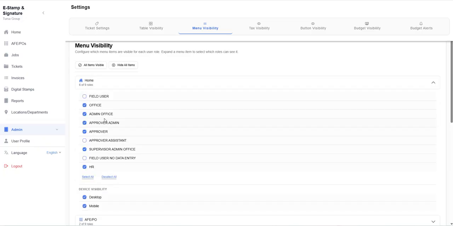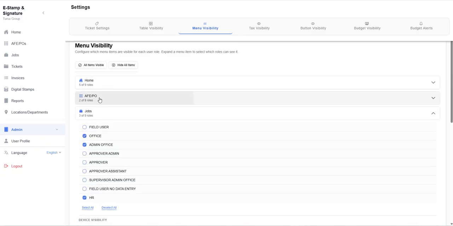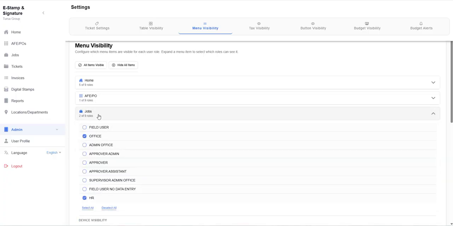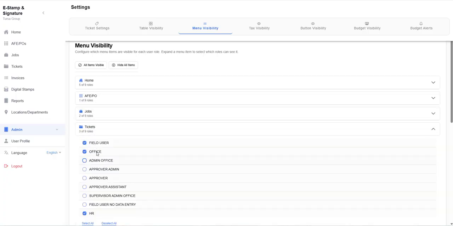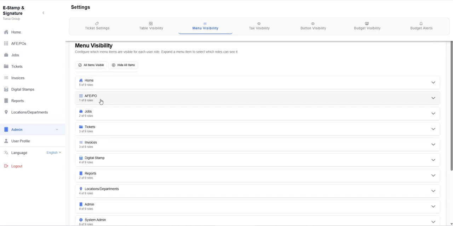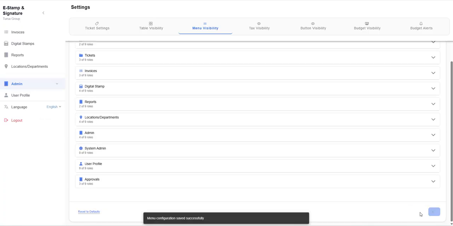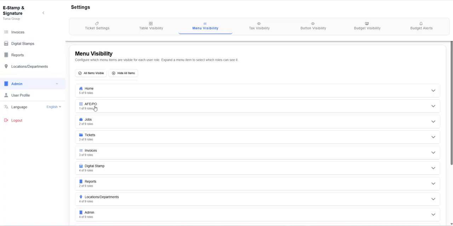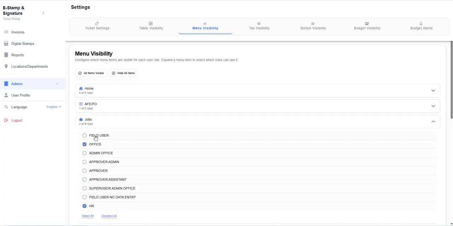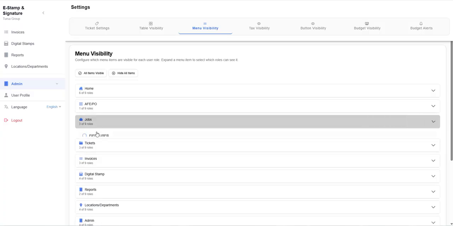And I can show you here again. I'm going to do it with the admin office because this is the role that I'm logging in as, so that you can see how it looks, right? So I'm going to basically hide the homepage, AFEPO, jobs, and tickets page for me. I'm going to save the settings, and as you can see, they're gone, right? They're gone from my menu here on the left,